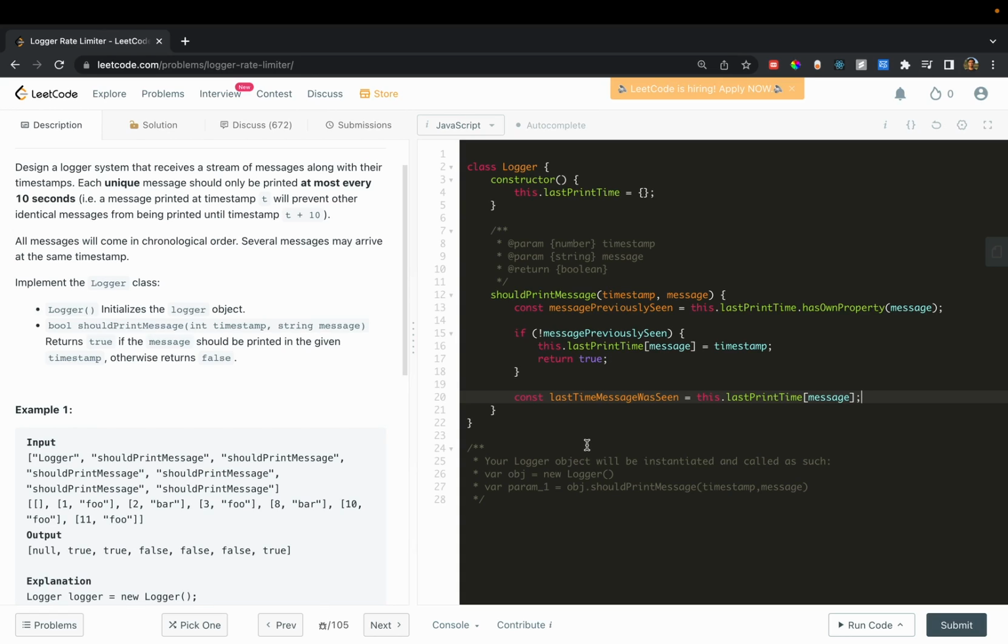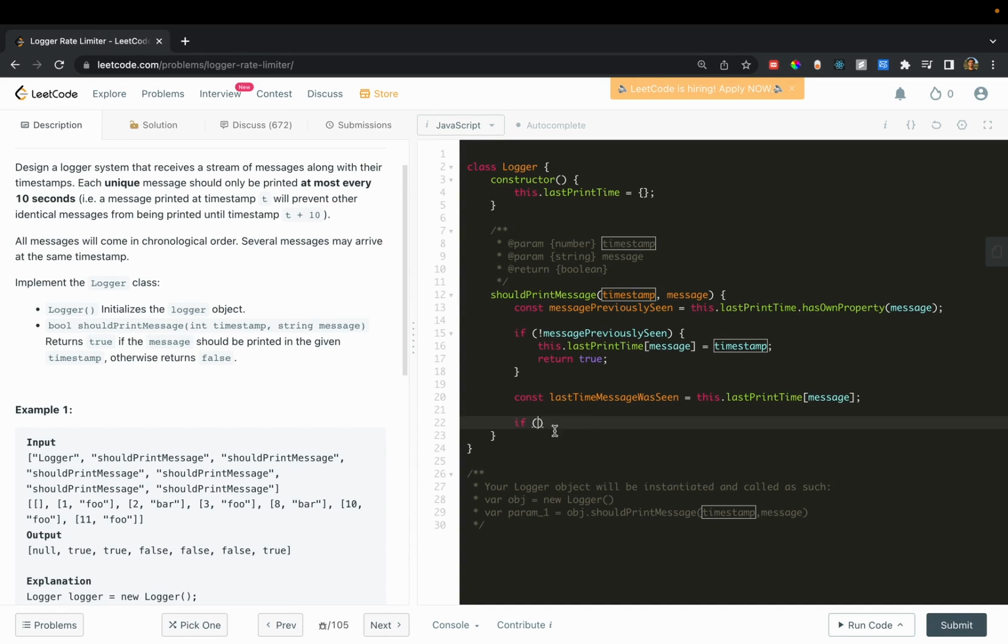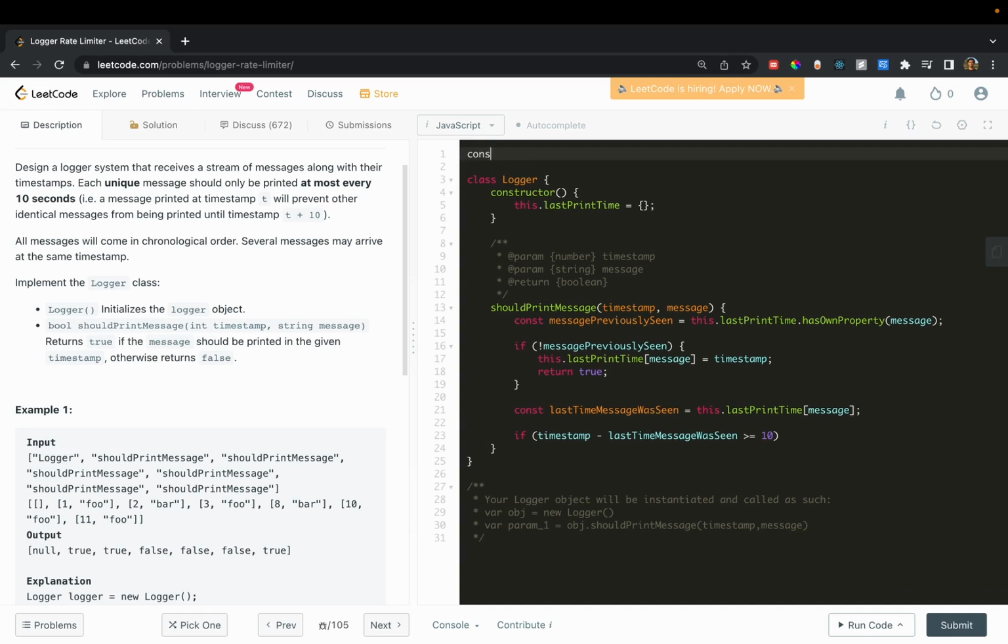Now what we want to know is whether or not it has been 10 seconds. So we can say if the current timestamp minus the last time the message was seen is greater than or equal to 10. Now remember 10, this is a magic number here, so we don't want to do that. We're going to make it a constant. So we'll say cooldown period length is 10. So here we can say if the timestamp minus the last time the message was seen,